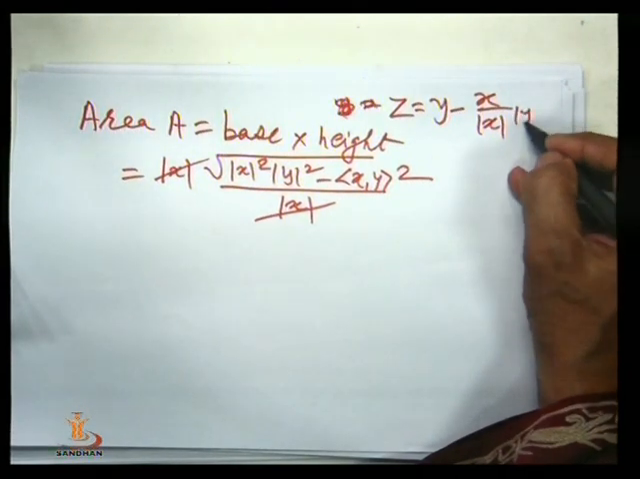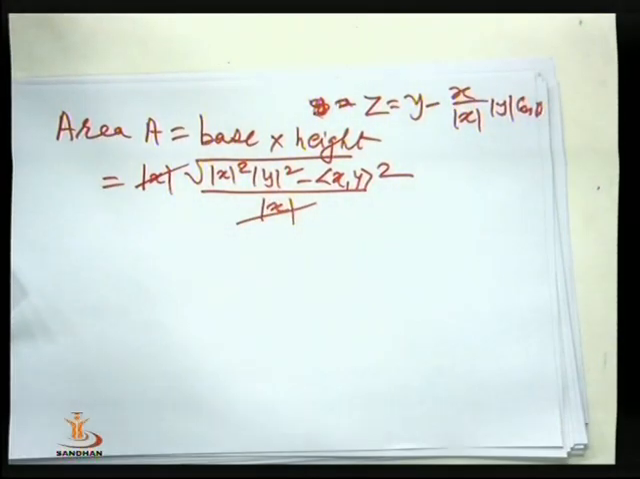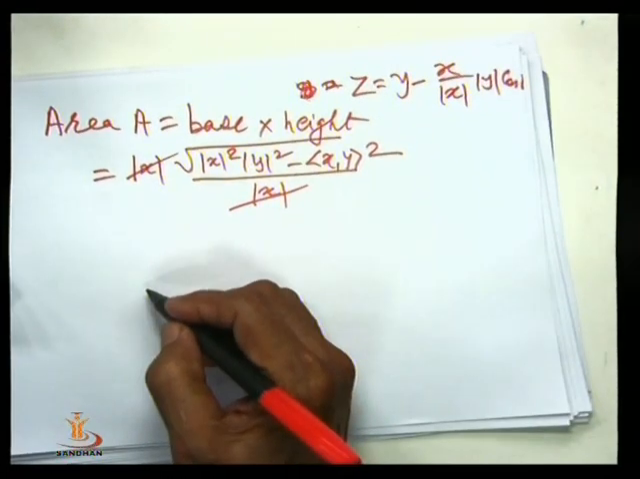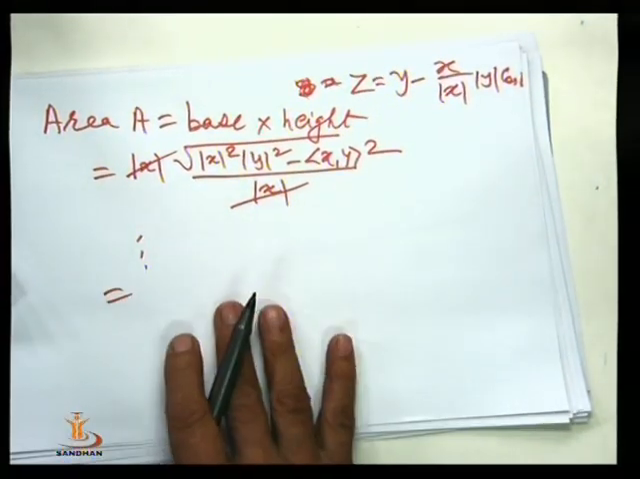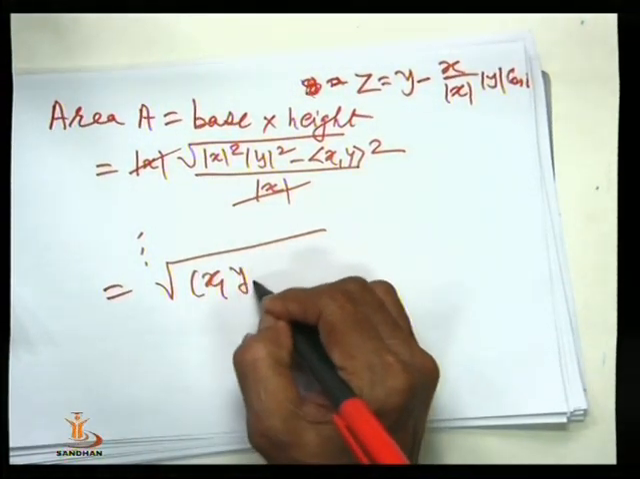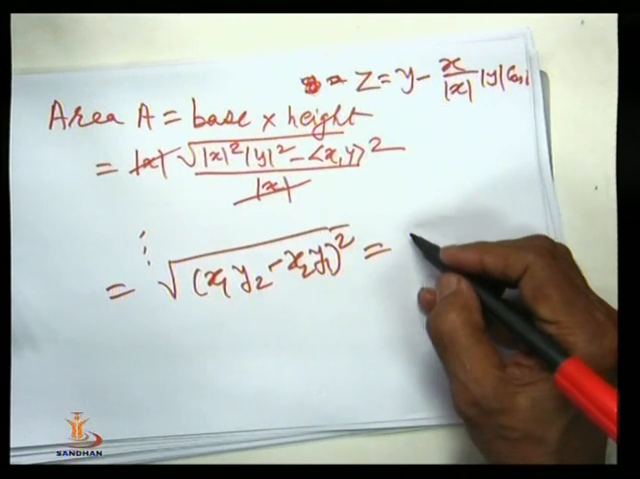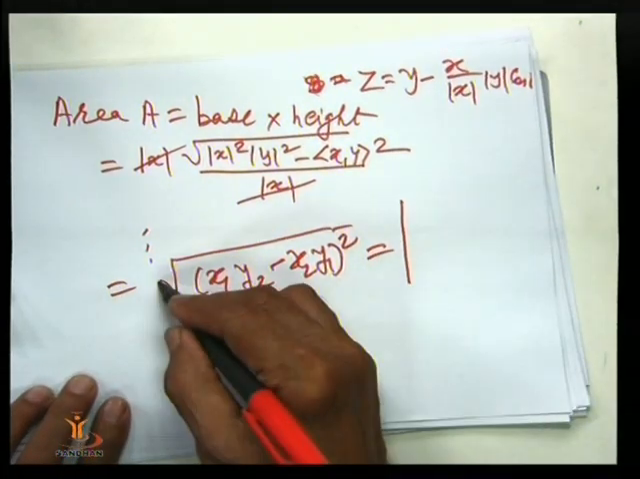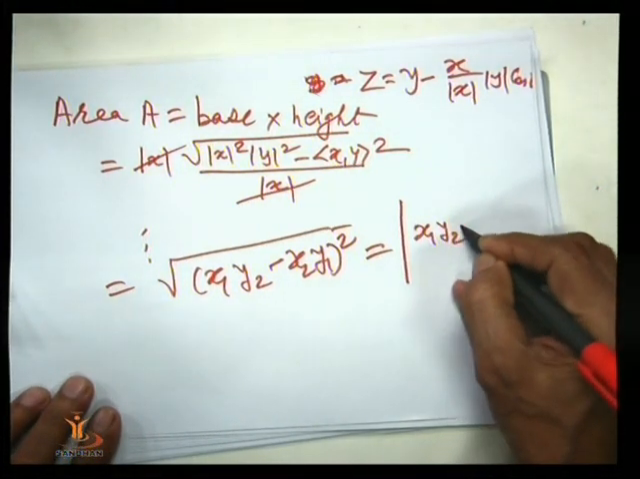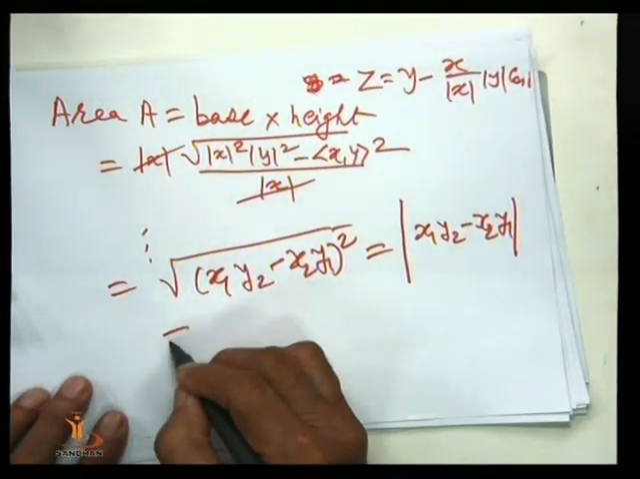Norm x mod y cos theta, and that we substituted here, the value of cos theta we substituted here, and when you simplify this as shown, this will be (x1 y2 minus x2 y1) whole square, and that will be absolute value, because we are taking the positive square root. So the absolute value of x1 y2 minus x2 y1, and this one we denote by